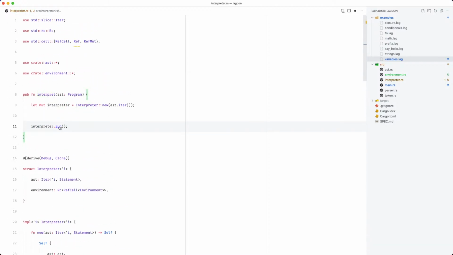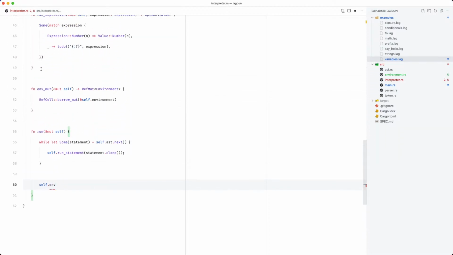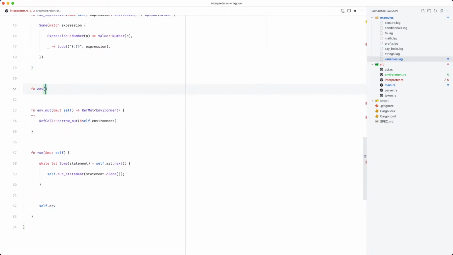We'll say, so run, at the end we'll say self.environment. Well, this is a good point. We can only get a mutable reference, but we probably want a non-mutable reference as well, or an immutable reference.